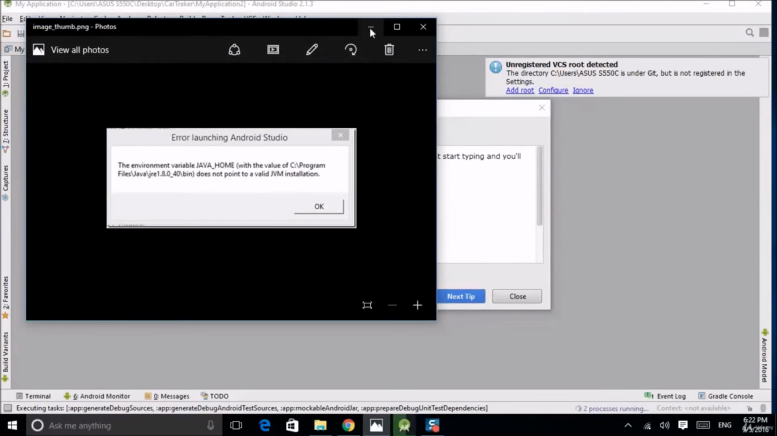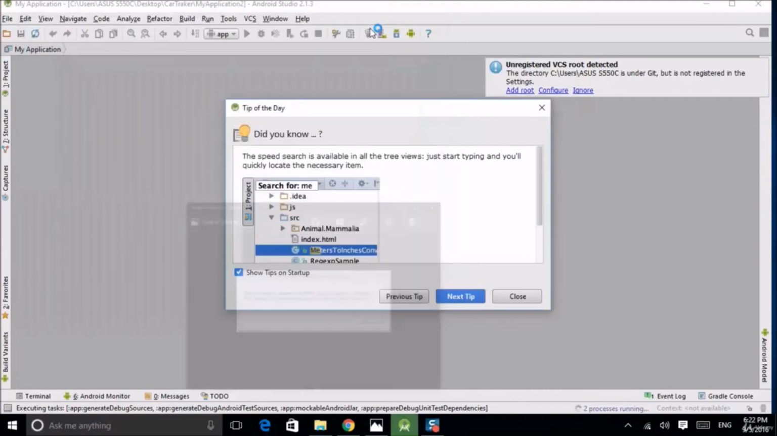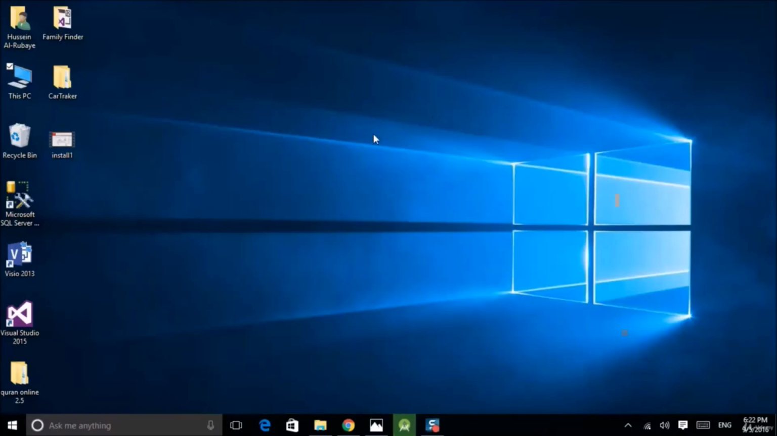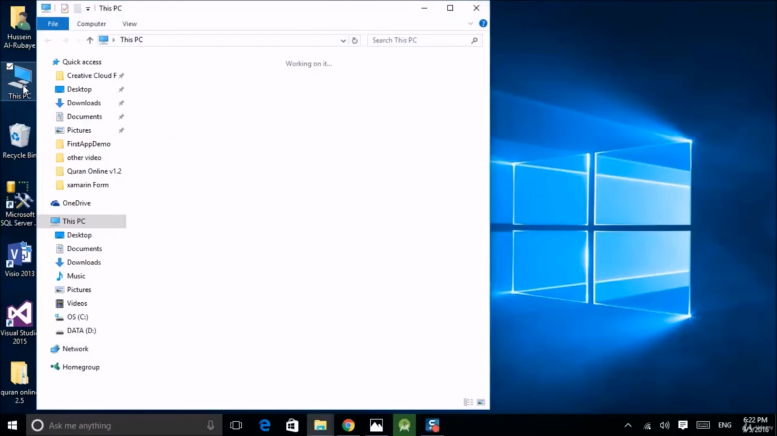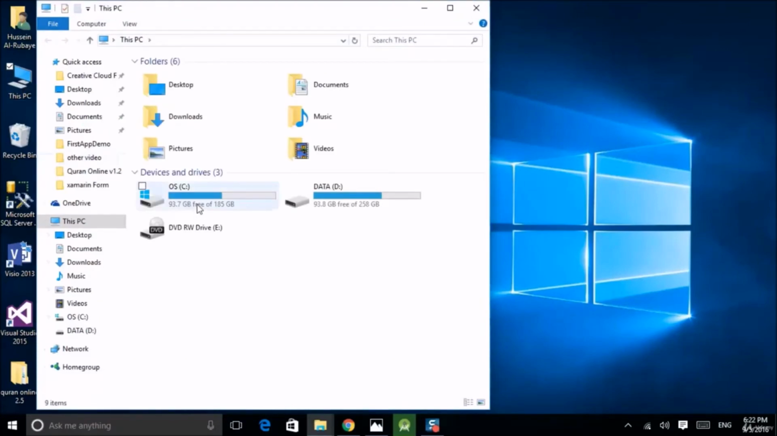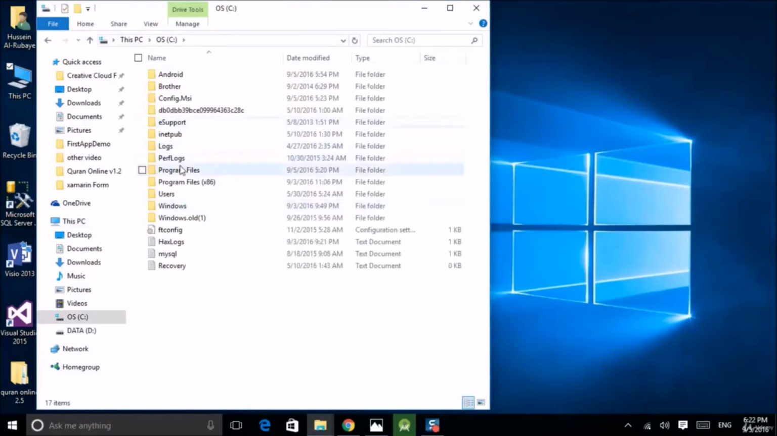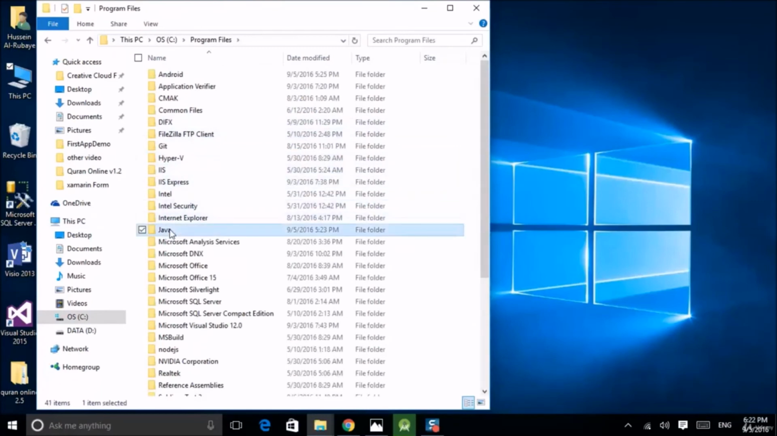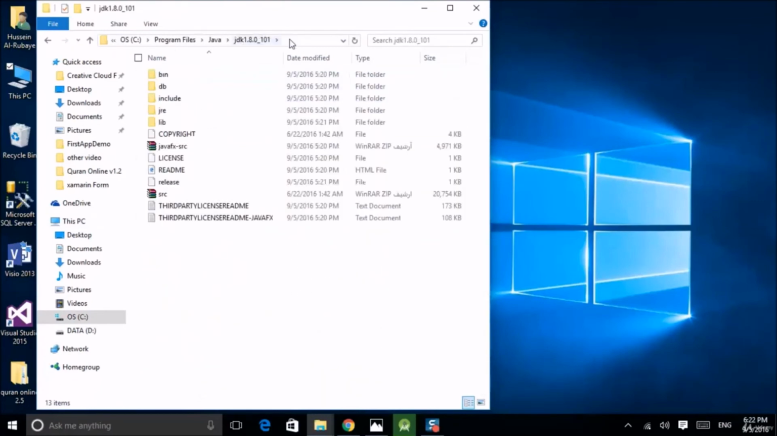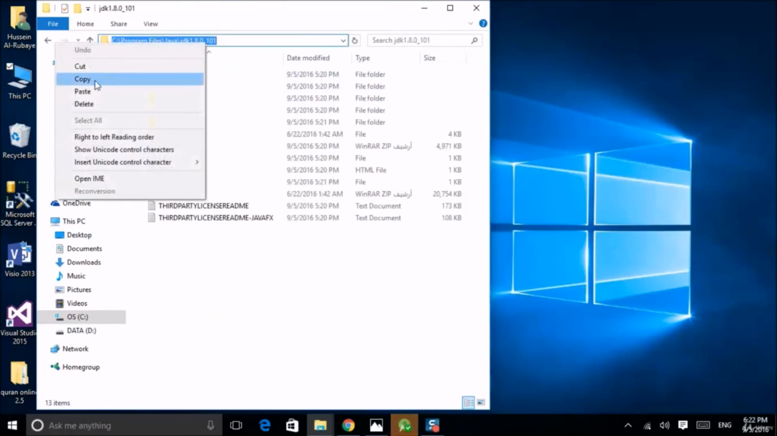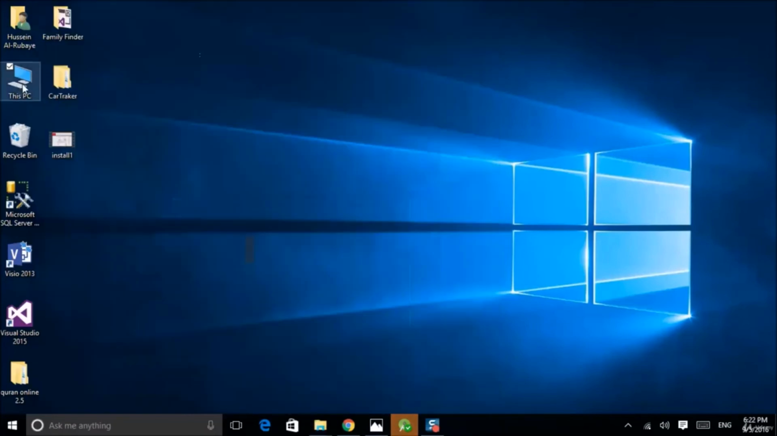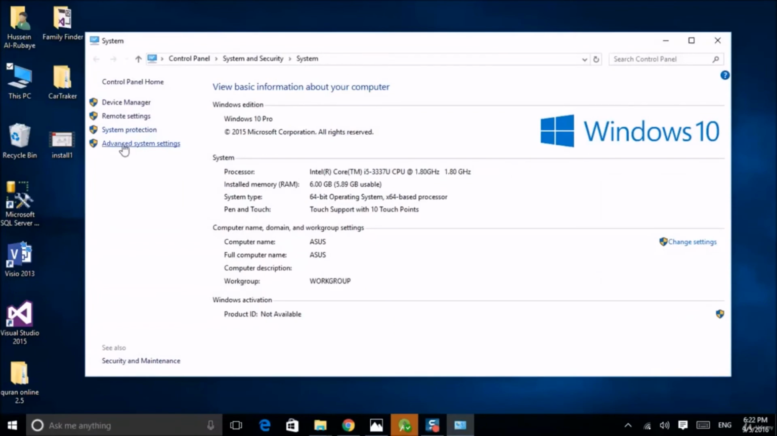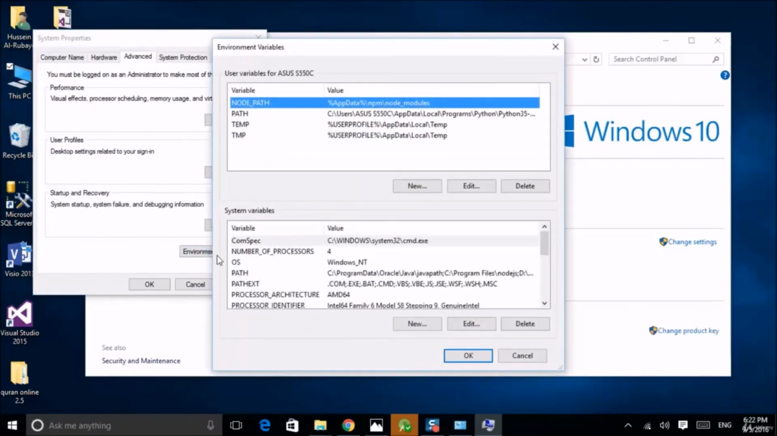This means that Java could not set its home in your computer. So fixing this problem is really easy. Just go to where you installed your Java. I installed it on my computer in Program Files. Here is my Java. I'm going to the Java JDK folder. Just take this path, copy it, then go here in My Computer properties, then advanced system settings, environment variables,